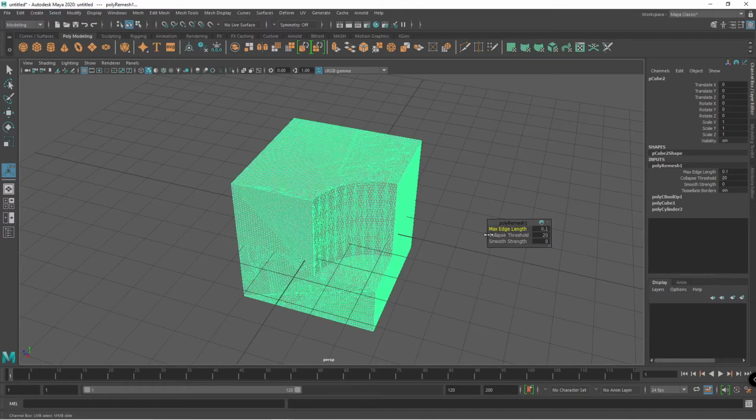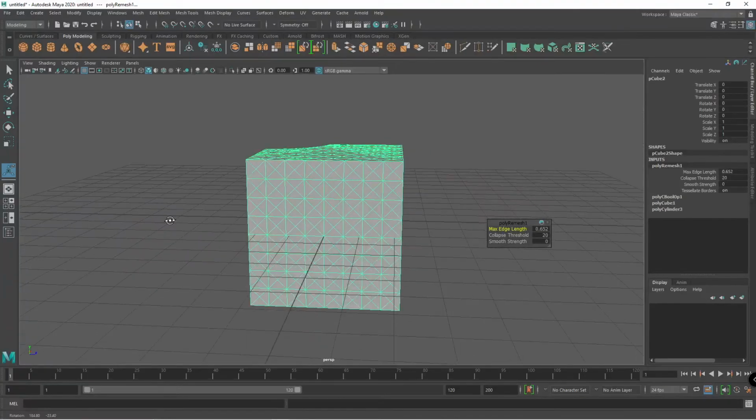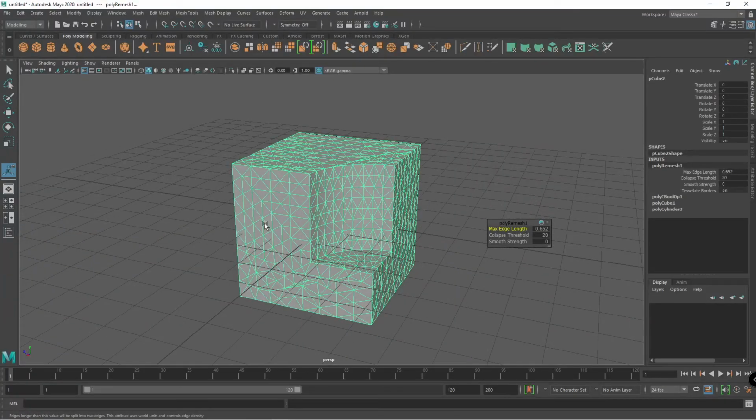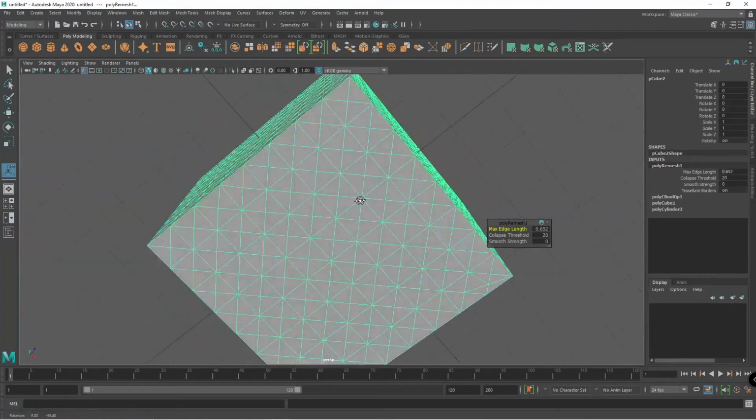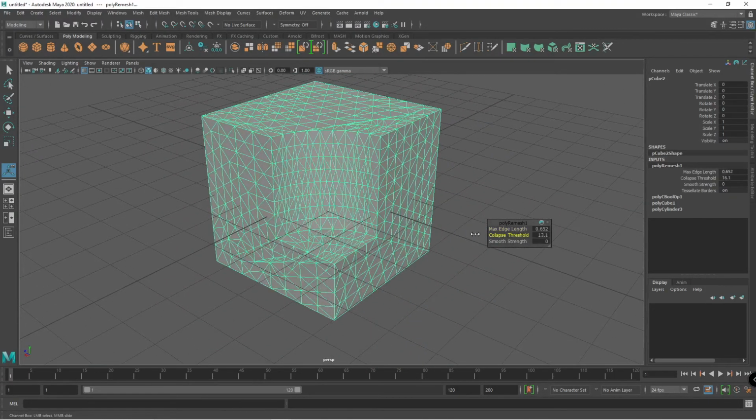Can we do any more? Oh my god, yeah, that's insane. So the max edge length seems to add a lot more density to your object to support their own edges. This is quite unnecessary, but hey, it's all part of the process, I guess. Collapse threshold, I don't really understand what these are, but I'm just playing it by what I see. Oh my god, that's